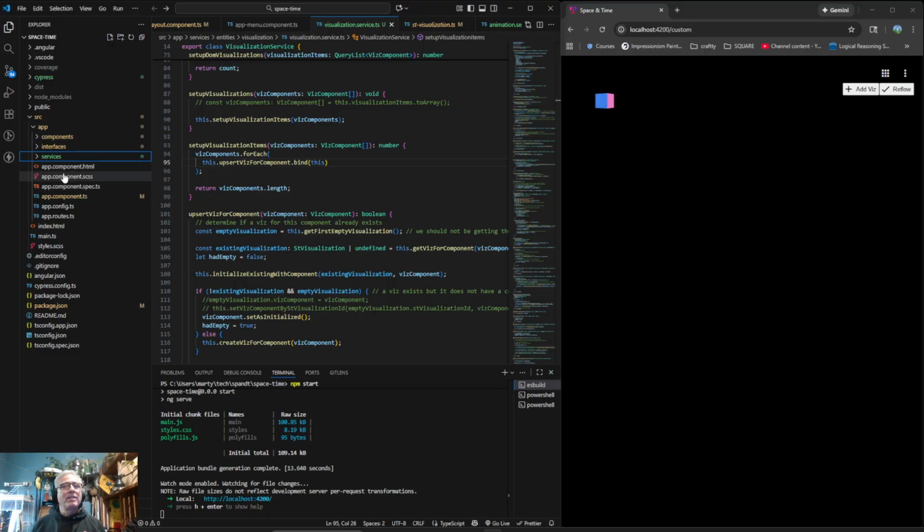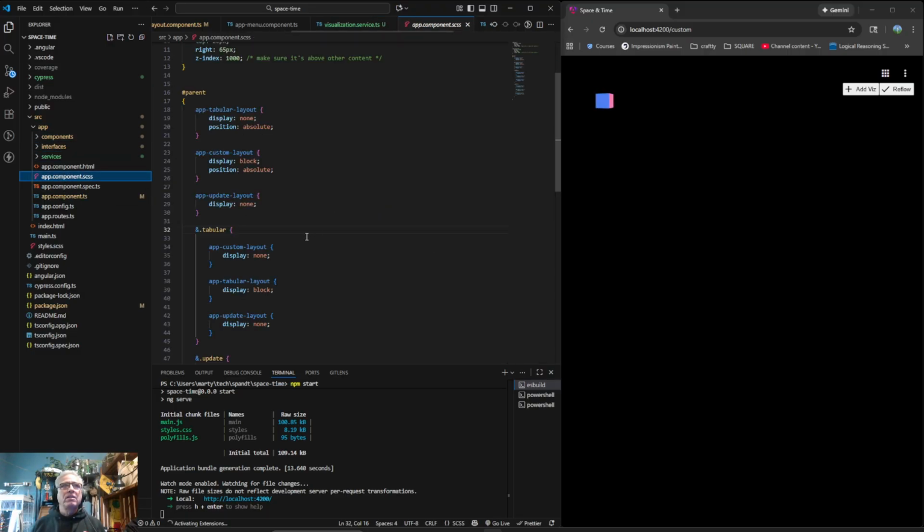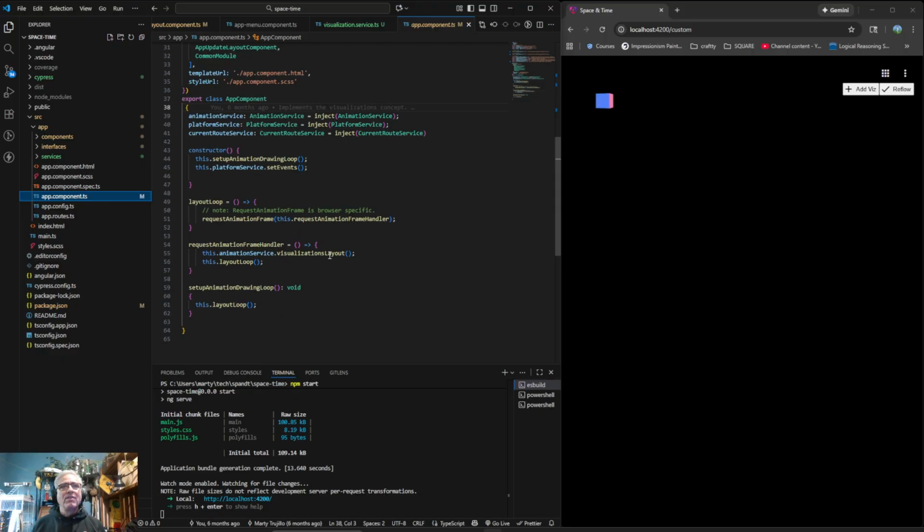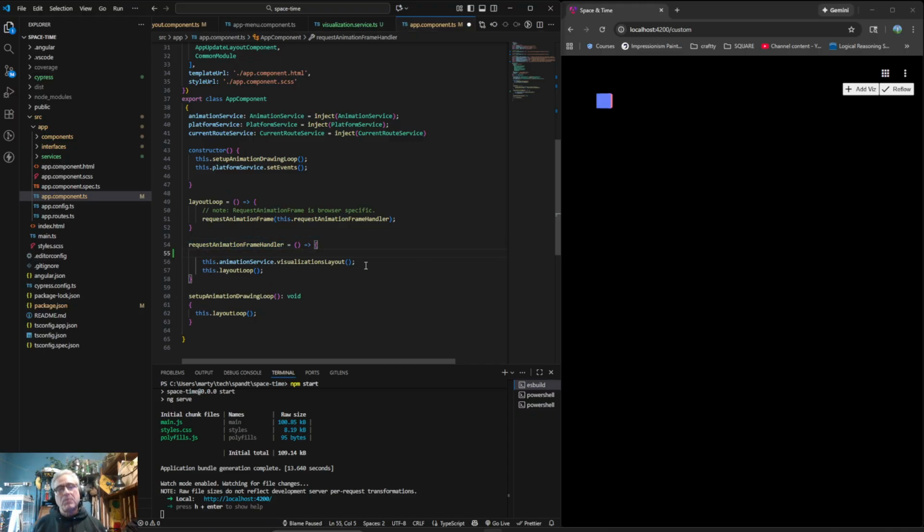If I remember correctly, this is where, but not the CSS, but in the code itself. Request animation frame is browser. So we have this layout loop. I'm guessing this is what does this animation service visualization layout. Request animation frame handler. So I believe that this gets called 60 times. It attempts to call this 60 times per second. So let's